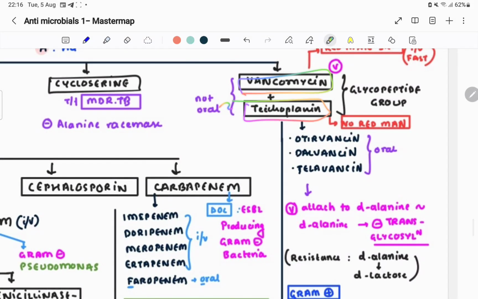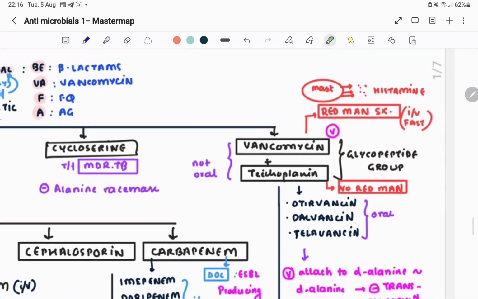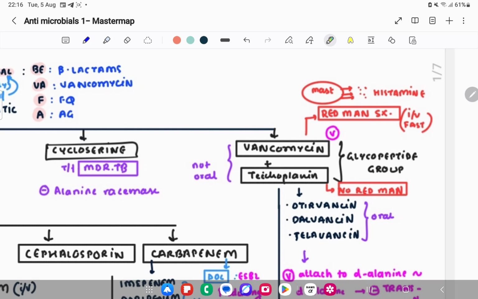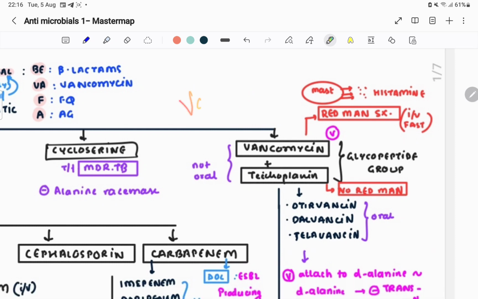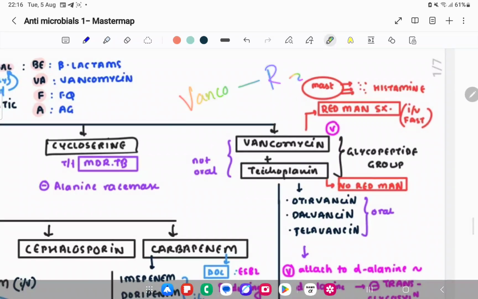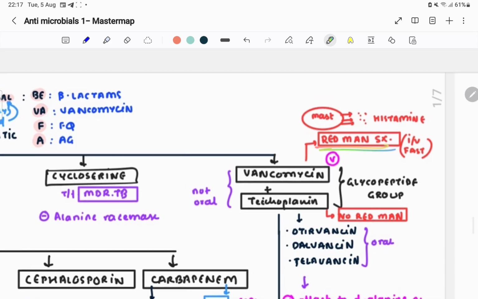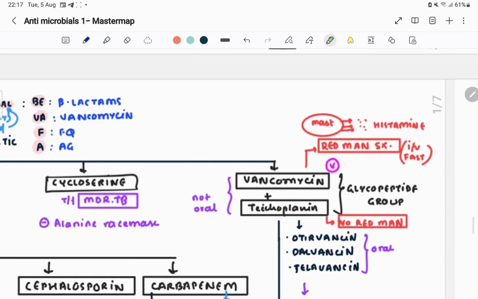Vancomycin and teicoplanin are not oral drugs. Vancomycin has a very special side effect which they commonly ask you. Vanco is the red man syndrome. They always ask you about red man syndrome. What is the cause of red man syndrome? If you give vancomycin as an IV drug,